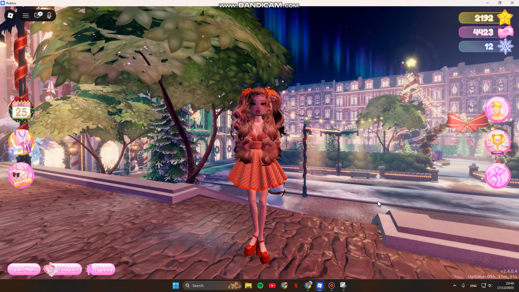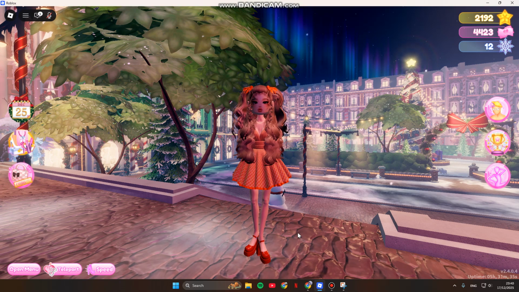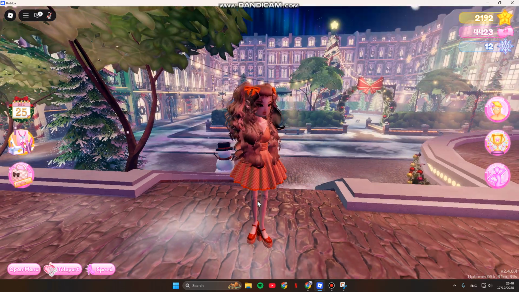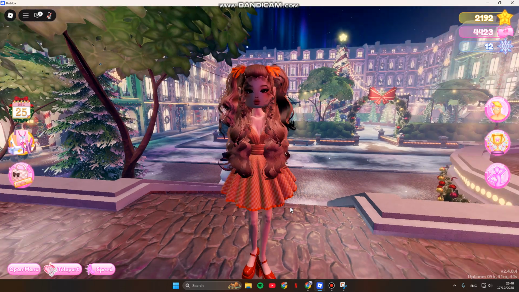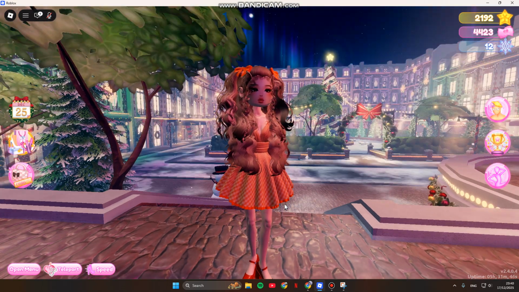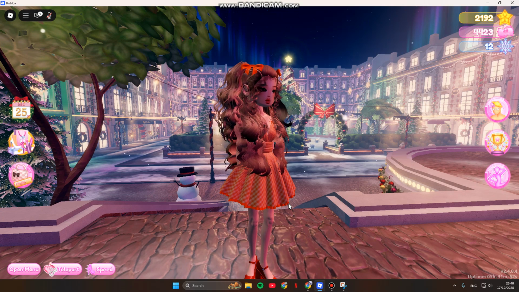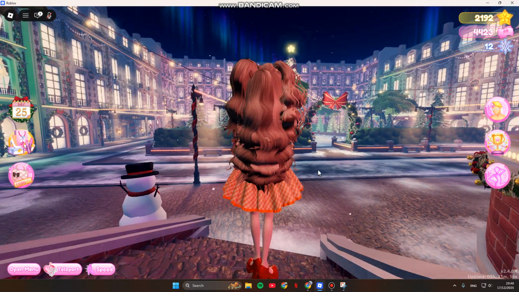In this video I'm going to show you how you can add food property or food props to your DTI avatar. So in the new DTI winter update there are lots of sweet treats props that you can add to your avatar. And if you want to find it, you can just head into the free play server and go